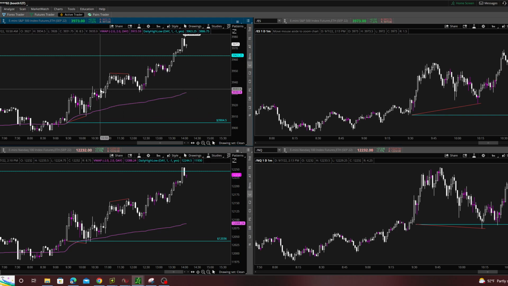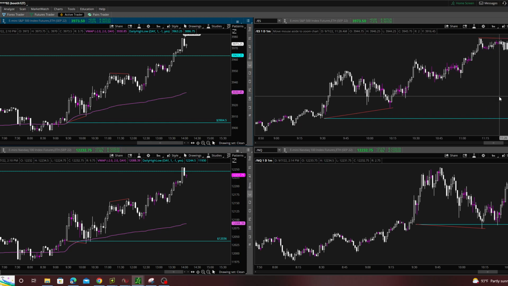Now, you'll notice earlier in the morning, I was longing ES because it was showing relative strength. And then all of a sudden, in the afternoon, I'm shorting ES based on relative weakness. So I'll go back and forth just based on these two markets. I'll trade ES and NQ based on relative strength and weakness. And if there's really a trade that they're both lining up for in one direction, I'll trade them both at the same time. So you can see here over on the 1 minute chart,